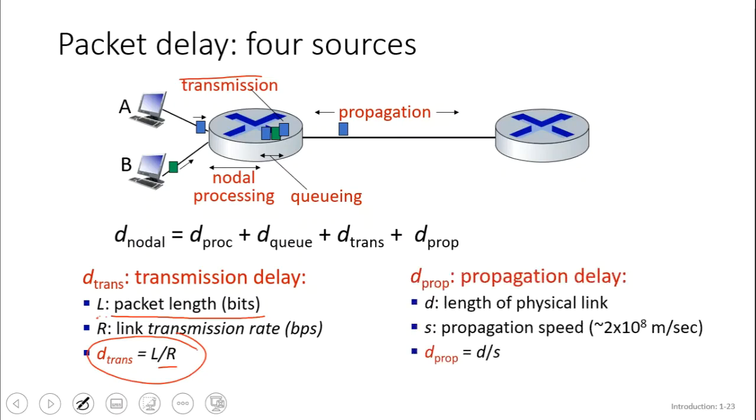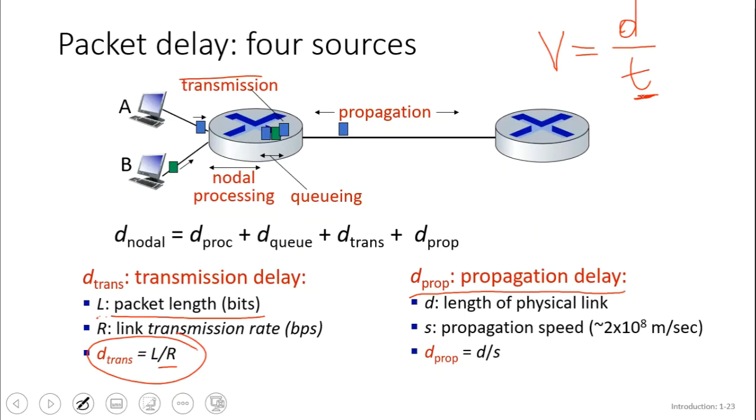And after that, you have the propagation delay, which is basically the one you know very well. You have the length of the link, and then you have the speed of the link. If you remember, velocity equals the distance divided by the time, right? But then what we want is the time. So if you want the time, then what we do,